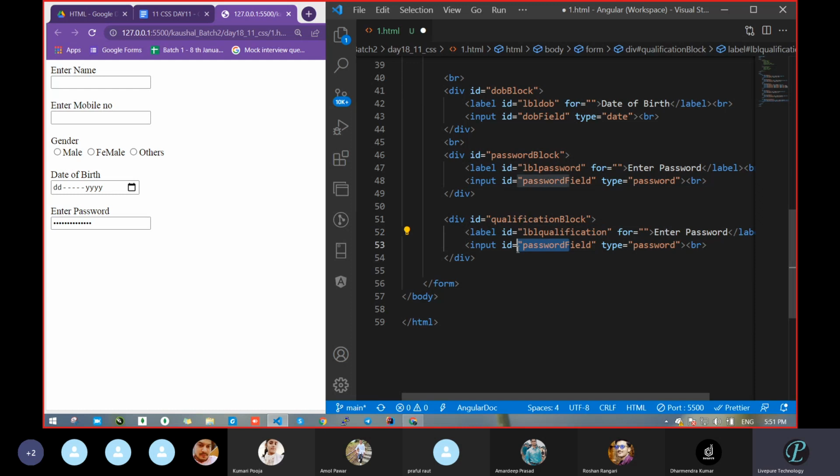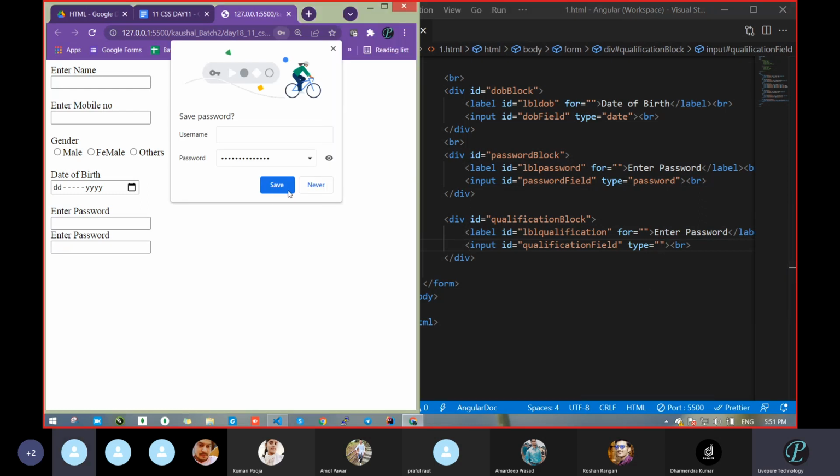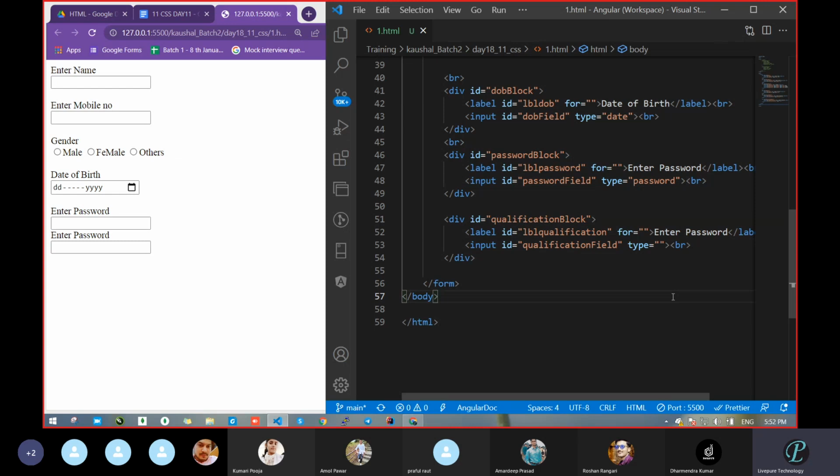And we will take this qualification field. And type, what should be the type? Whenever the password type comes, automatically you will get this pop-up and you can see what I had entered. Got it? Yes, sir. And here you can save or not save. Like that you can do.